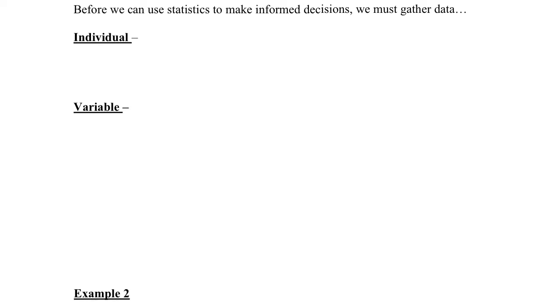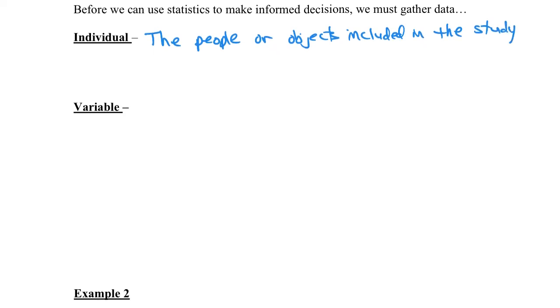So the individual, this is the people or objects included in the study. Those are the individuals. So if you want to figure out the average age or the mean age of a GRCC student, well, the individuals would be all the GRCC students, right? Those are the individuals. Then the variable, this is a characteristic